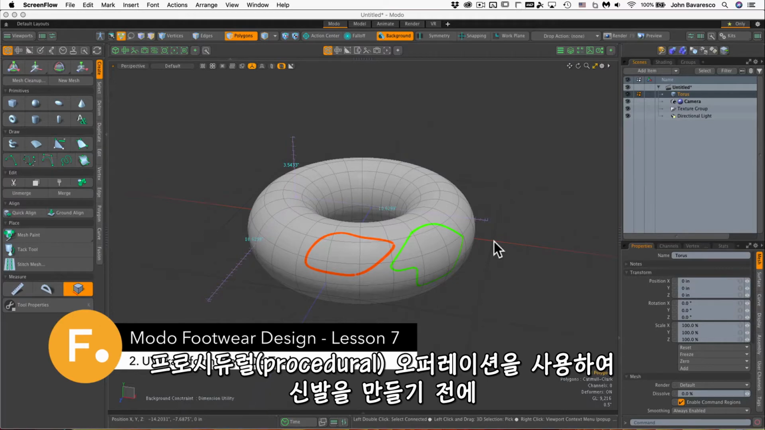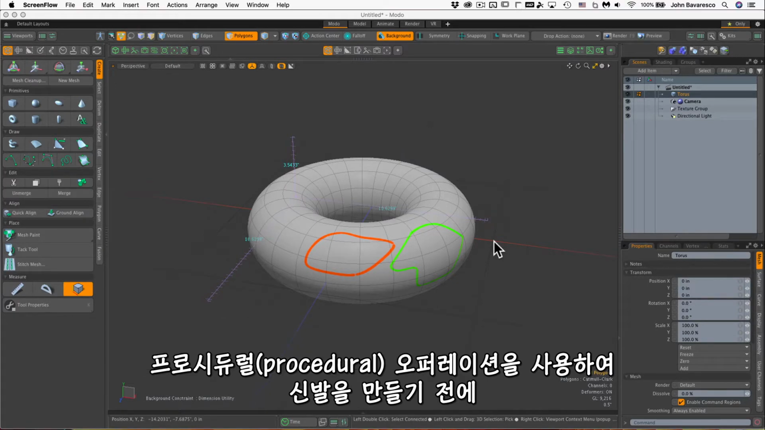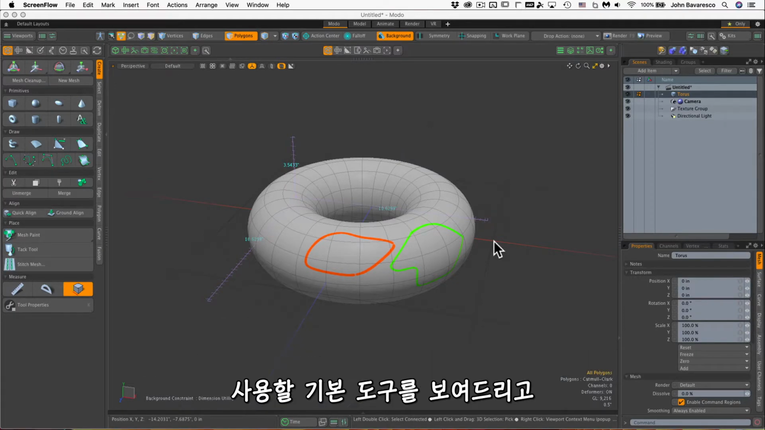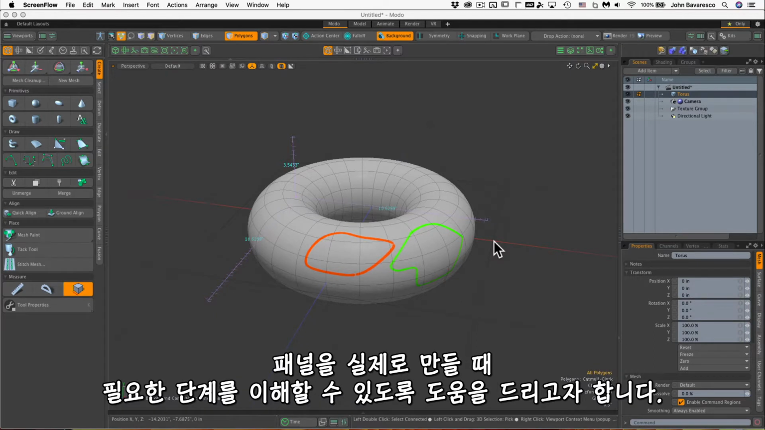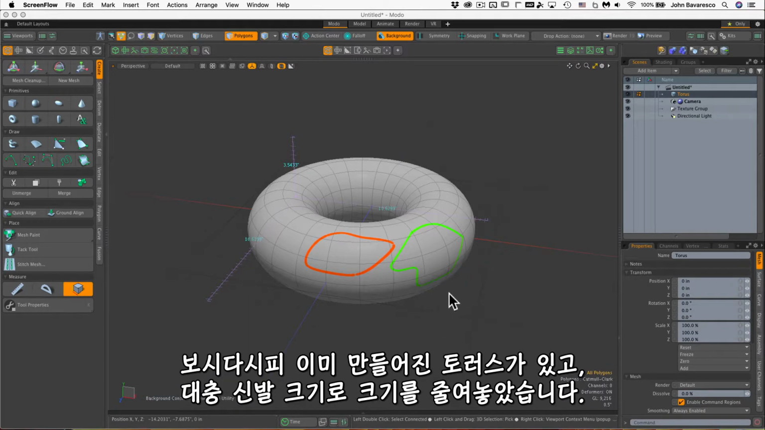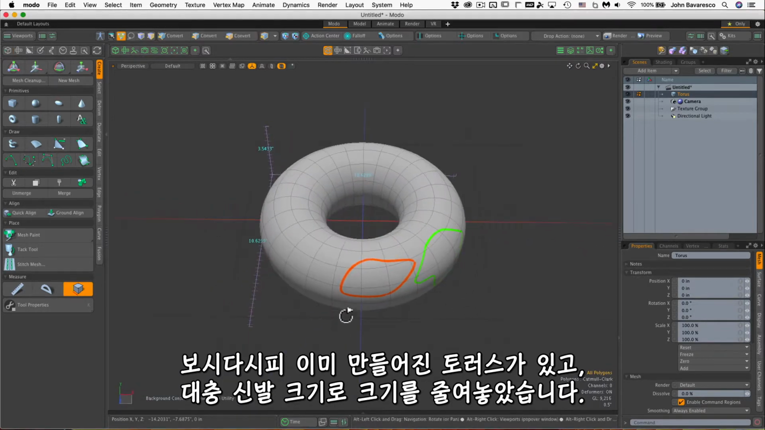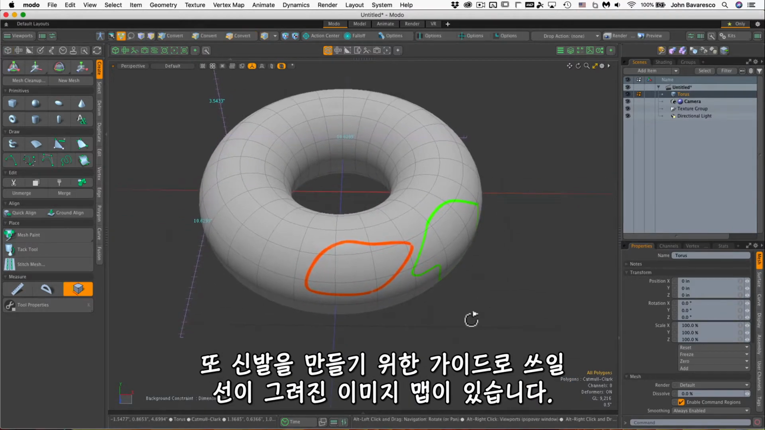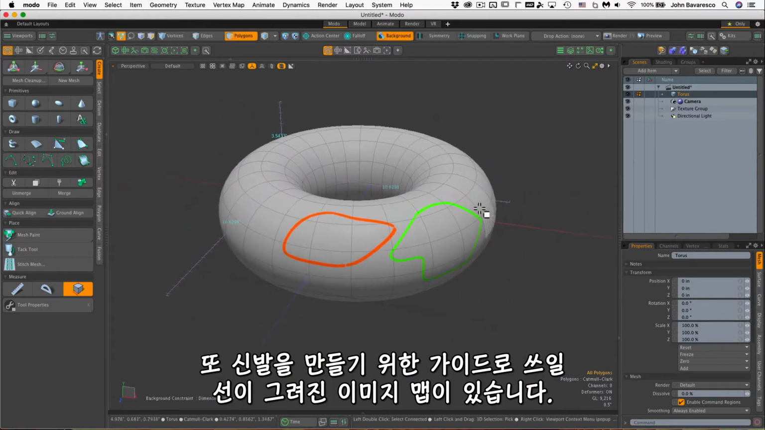So before we actually get started building our shoe panels using procedural operations, I wanted to just go over the primary tool that we're going to be using and help you get your head wrapped around the steps needed to actually build the panels. Now, as you can see, I have a torus already made, and I've scaled it down to roughly the size of a shoe. And we also have an image map just with some lines to act as guides